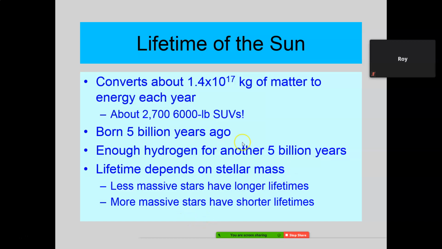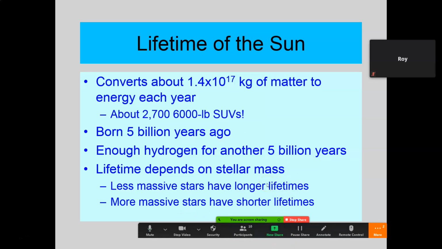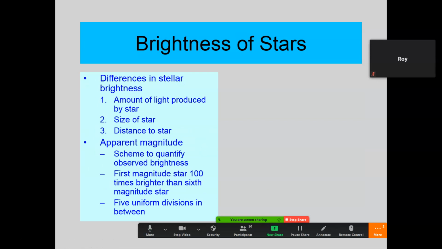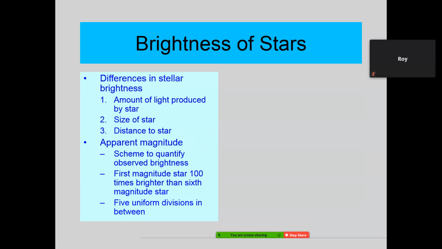Now, because I did something, I can't get my cursor to work. Now I can. Okay. So, let's go backwards a moment here, back to page 358, and we're going to talk about the brightness of stars. Now, there's a lot of ways to talk about the brightness of stars. One of these ways is the obvious brightness, stellar brightness. We call that the magnitude, the apparent magnitude, okay?